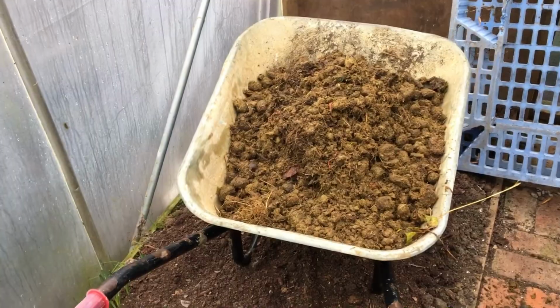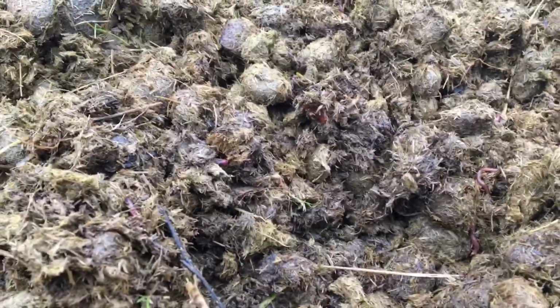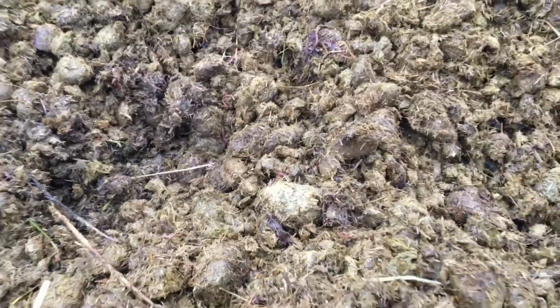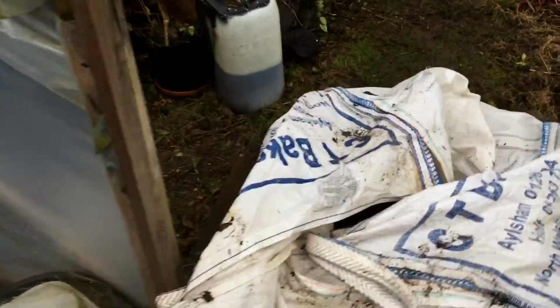I'm here in my polytunnel. I've just emptied that much so far out of this hotbed. Don't know if you can see that. It's actually steaming. It's close to 30 degrees, but it is all just manure. So what I'm going to do is empty some out, and